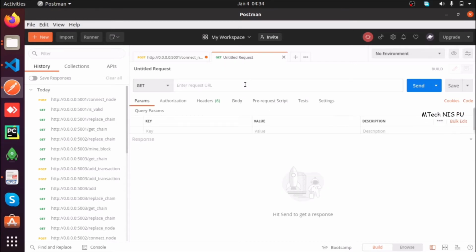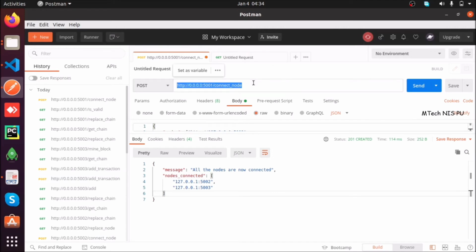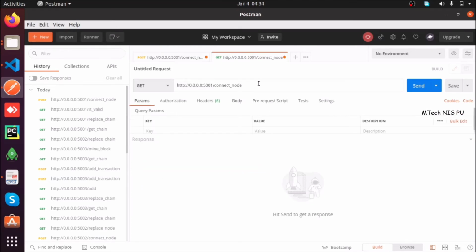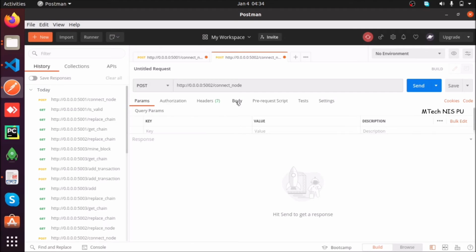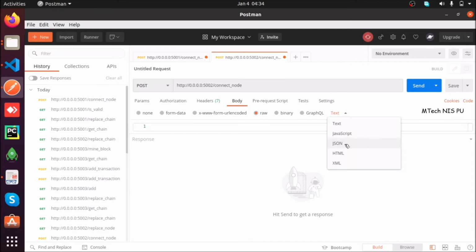Let me copy. On this node number 2, Ashmita is working. Her port number is 2. Okay, fine. It is a post request. We will select the post request. Then again go to body, then raw, then under raw, JSON. And here